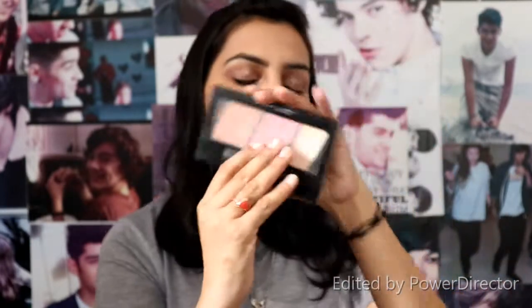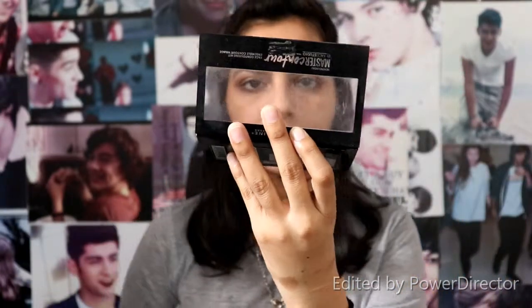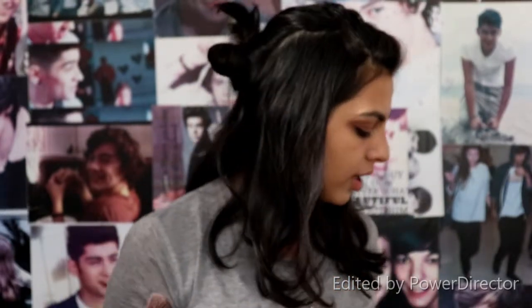and our eyes are done, and now we are on to our second last step, that is contour, which is very important for summer. So first I'm going to take the contour shade from the Maybelline Master Contour palette. I'm going to take that and just do like